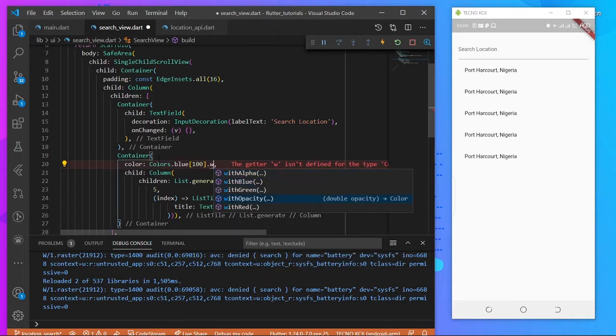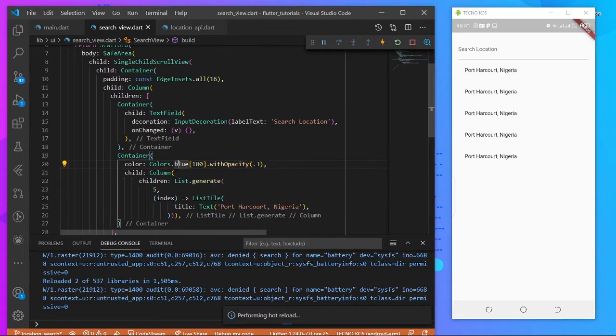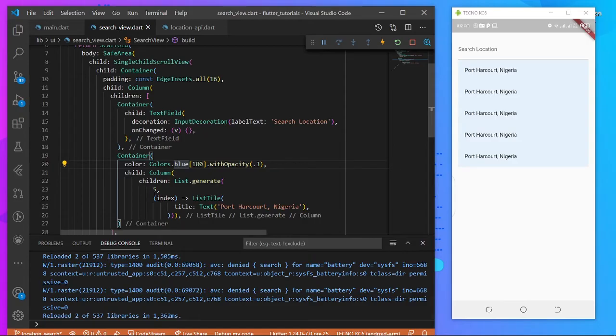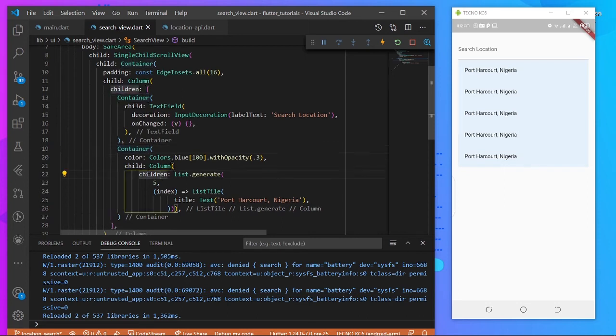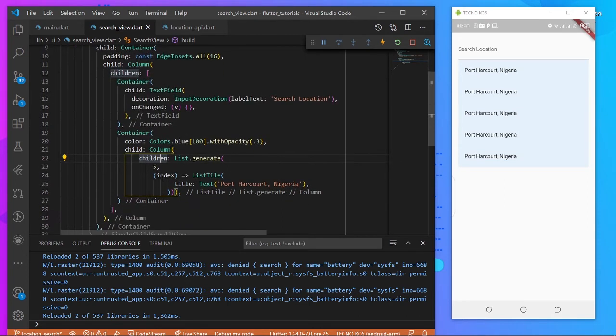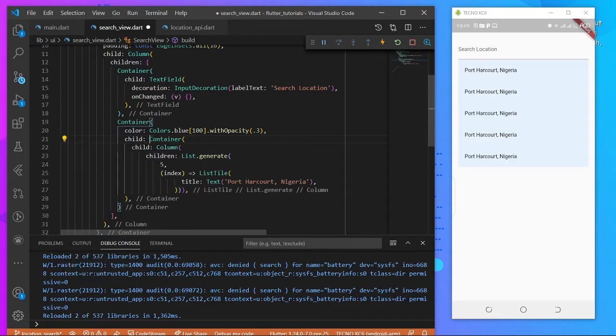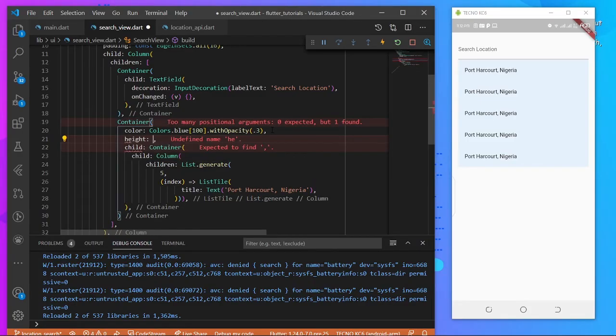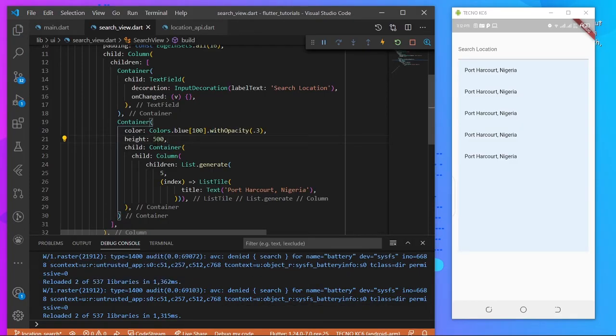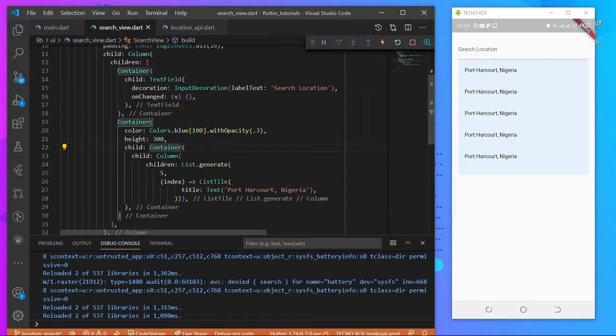Then we add some opacity to that tree. Just that. Cool, so this is it. Then in here, also, I think for us to do this better, there should be a need for us to have a scroll. So I'm going to give this a height of 500 pixels. Okay, too big, 300 could do. Okay, this is cool. Then colon